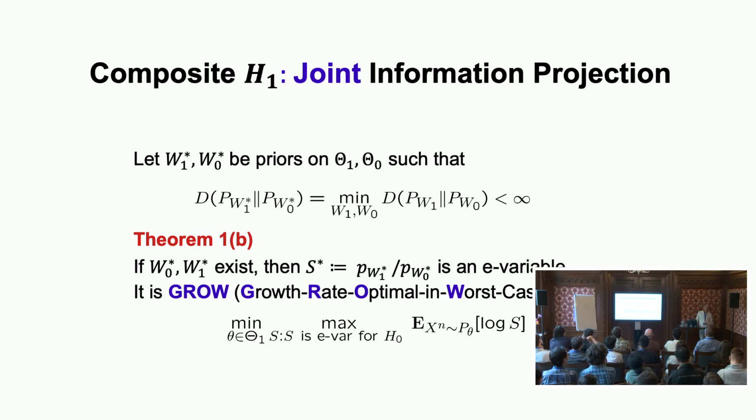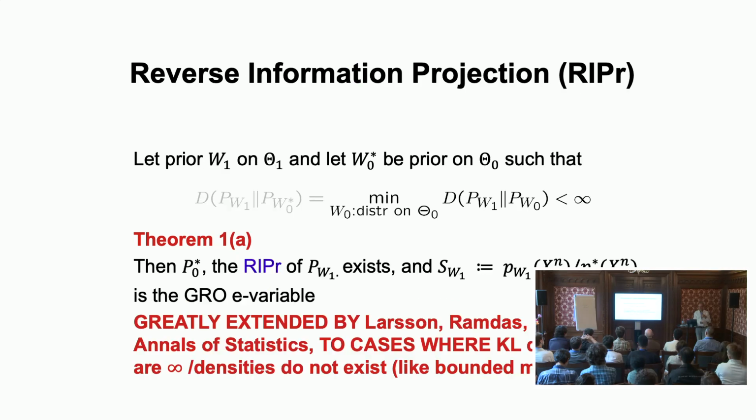And this is called the GROW with a W. It was not such a good name because you pronounce it like GROW without the W. Growth optimal and worst case e-variable, which minimizes the worst case growth. And that's something we can do if we don't really know a good prior on the alternative. So that's the minimum over all distributions of the alternative of the maximum over all e-variables of the expected log growth. Here's a simple example.